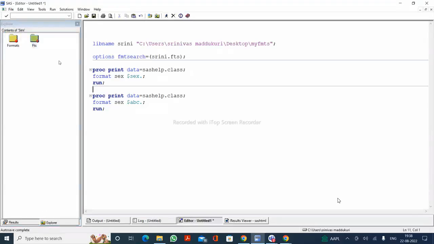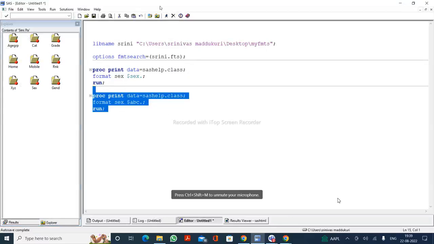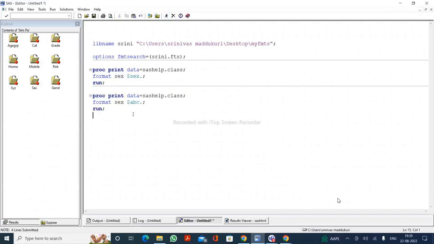In Srini.fts, these are the informats and formats that we have. Now I'm applying a format called $ABC. Do you have this format? Do you have anywhere an ABC format? No. But still I'm using that format. So I'm using a format which is not available in that session. It is not available in that library. So when you're using a format, if it is not available in the session,